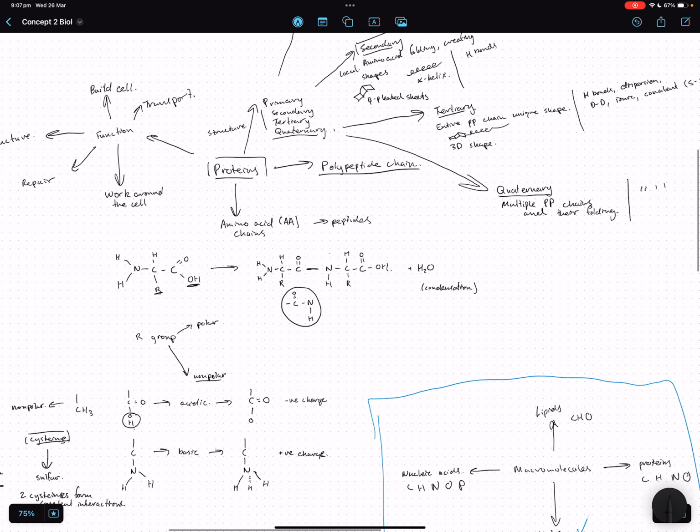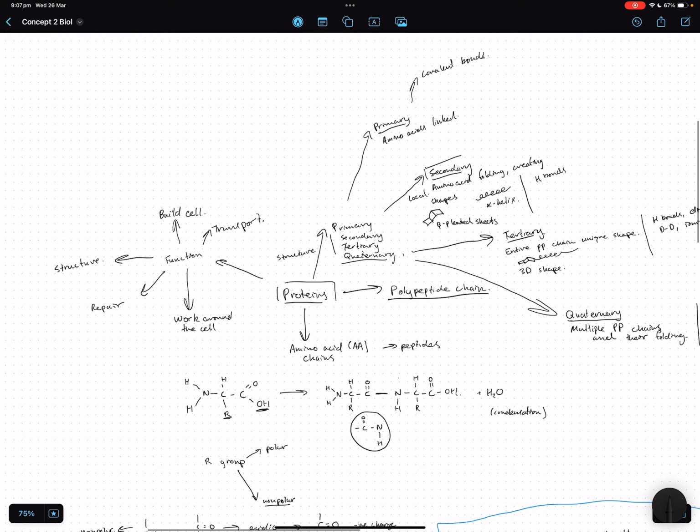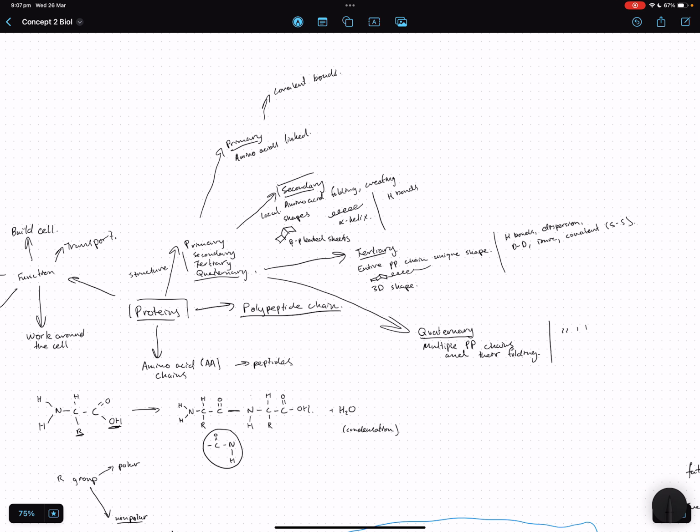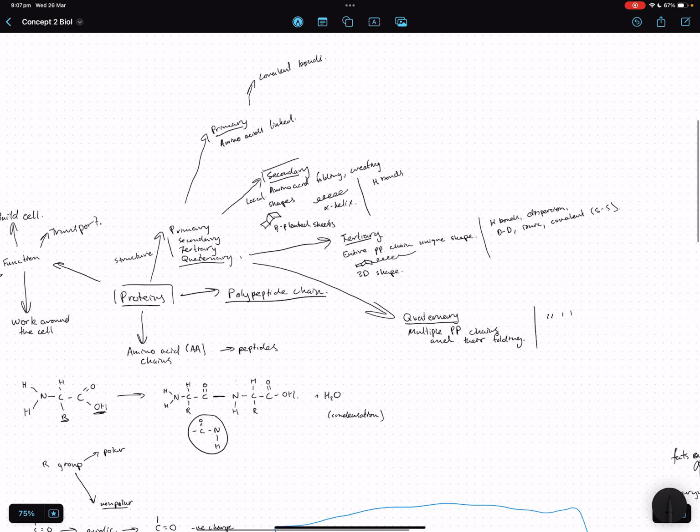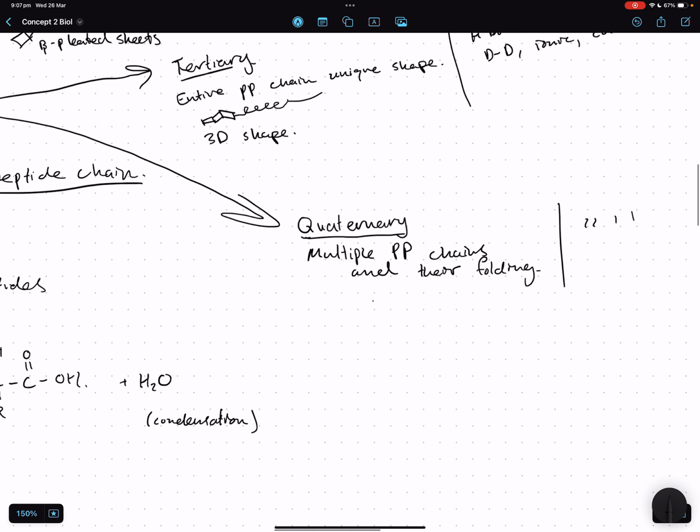about it. So just remember, polypeptide chain, primary is just those amino acids, secondary is a local group of amino acids that fold in on each other or form a helix. Tertiary is that entire chain and how it has a very unique structure. And then quaternary, I'll draw a diagram because I think it helps illustrate the point. It's all over the place and all these things are going in on themselves. It's a very complex